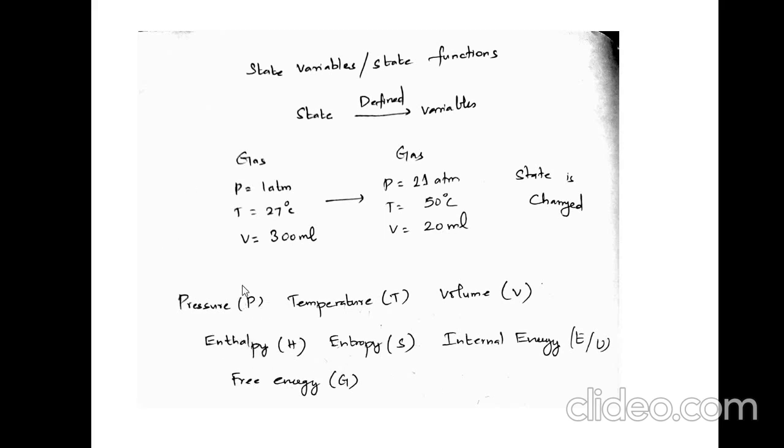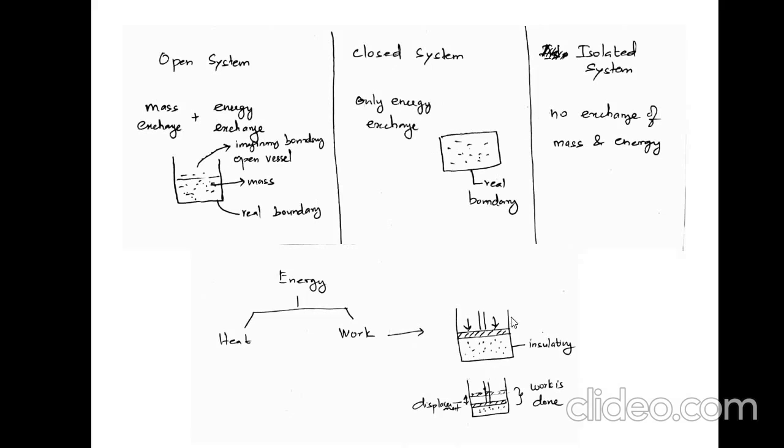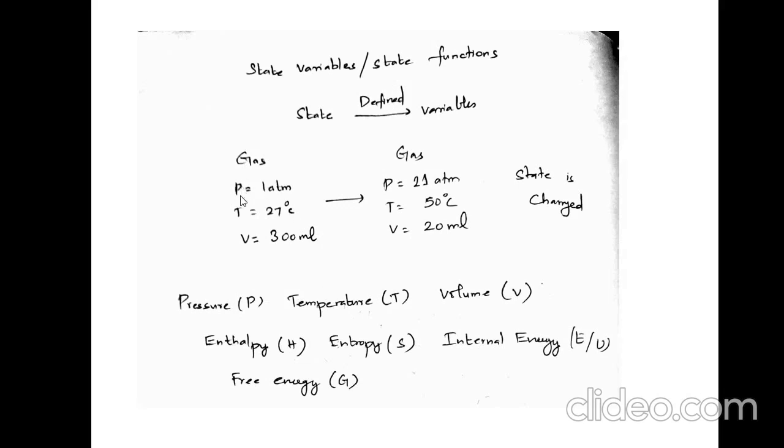Among these variables, for example, if you have a cylinder and a piston and a gas inside, what properties or variables can we mention for the gas? Pressure, volume, temperature, right? So a gas containing this much pressure, 1 atmosphere pressure, temperature is good. So you are defining a system. It is in a state of this pressure, volume and temperature. When we change this variable, the state is also changing.